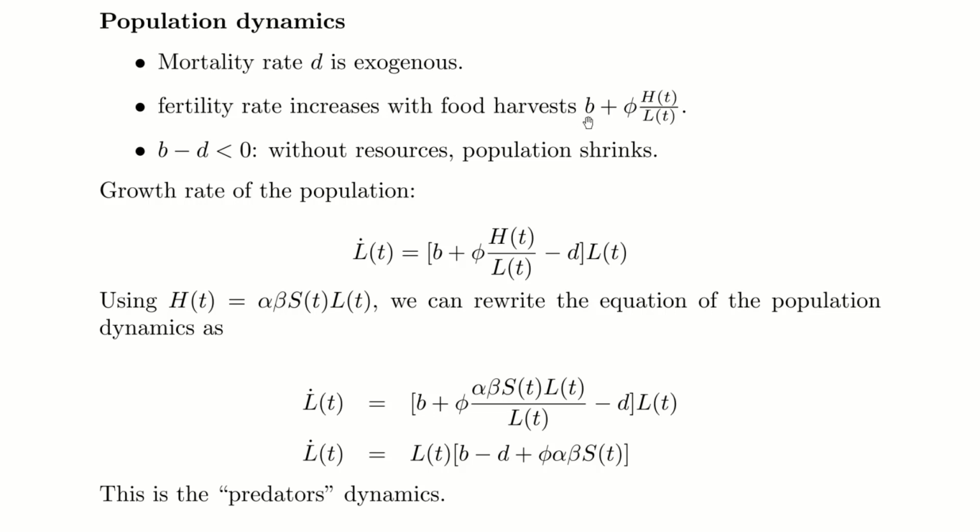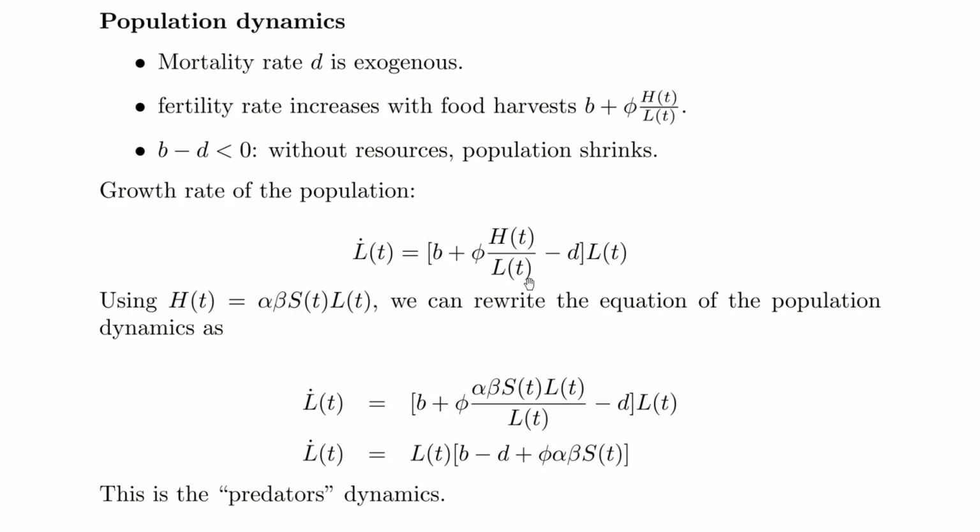However, the death rate is higher due to starvation, so B minus D is smaller than 0 and the population shrinks. But as harvest per person increases, this will increase fertility rates. We divide by L since the larger the population, the more mouths we must feed for the population to increase even further. The law of motion of L dot is the net population growth rate multiplied by the number of